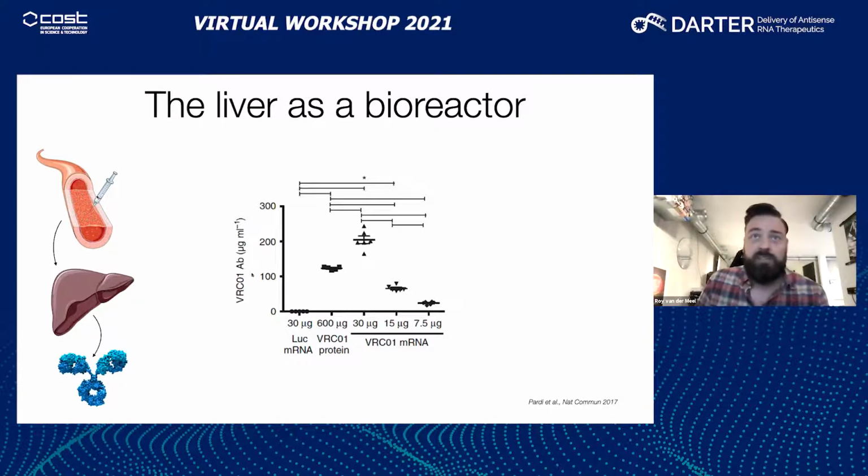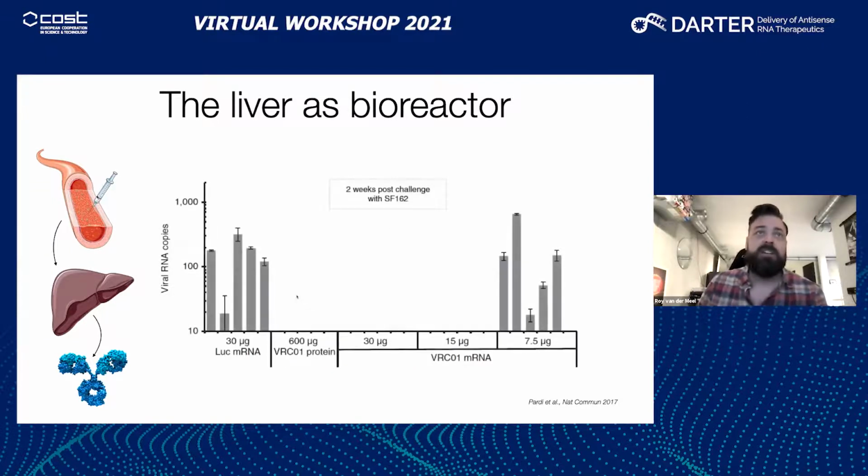In mice, what you see here is the production of the VRC01 antibody, which is the antibody against HIV. And you can clearly see that if you give certain amounts of the mRNA lipid nanoparticles, you can detect antibody levels in mice 24 hours after administration, comparable or even higher to when you would just give the antibody. Now, importantly,